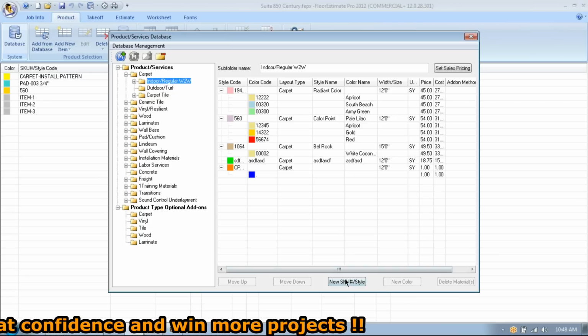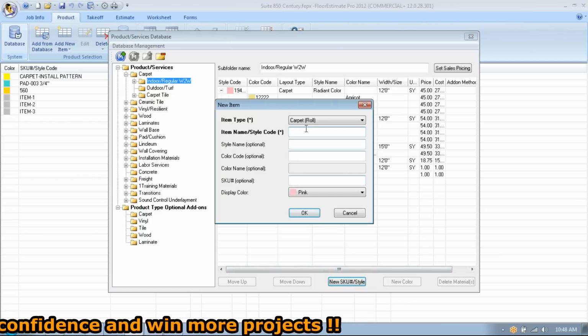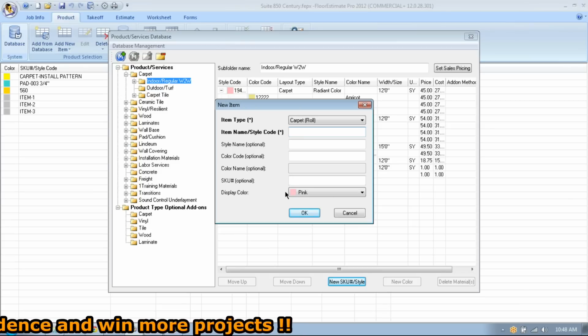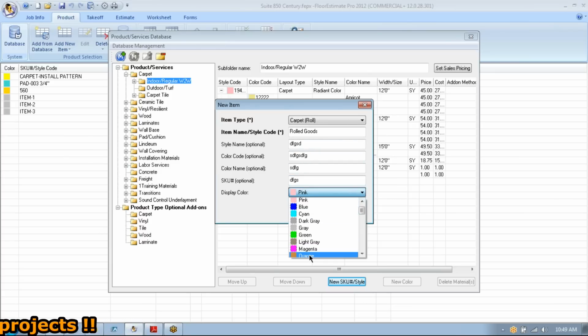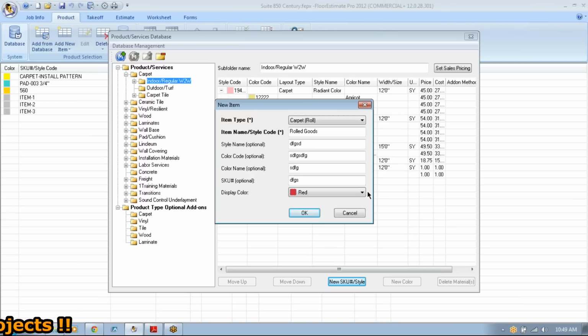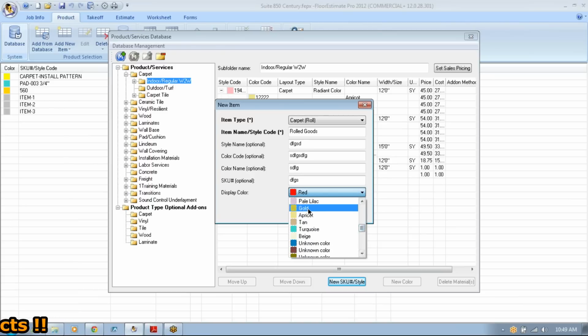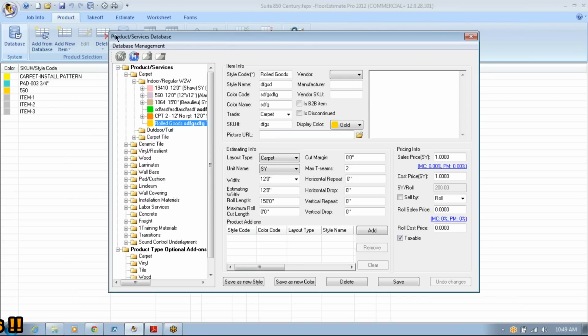So what we want to do is just hit new SKU, and then it's a carpet roll, and then we can just add the name. Whatever you want to call it, and the style name can be whatever, and the color code can be whatever, color name and SKU number, whatever. Just follow what it is on the spec sheet. Then the color, of course, we can change this to whatever we want. Change it to gold. Hit OK, and then this